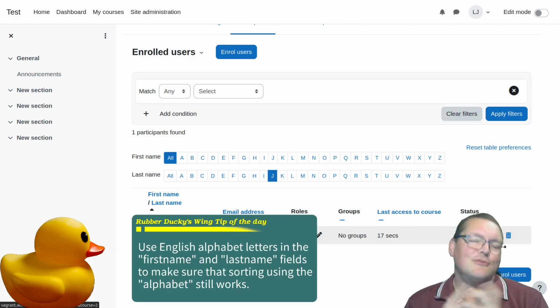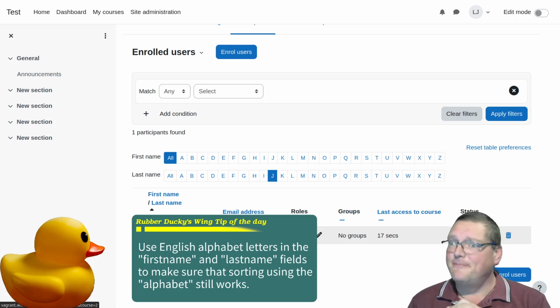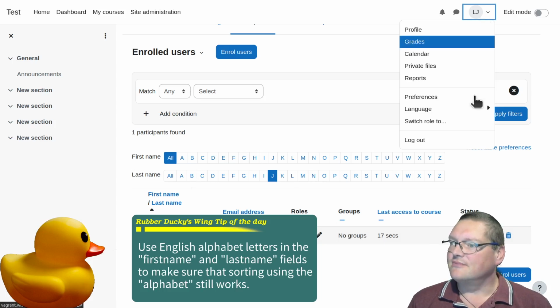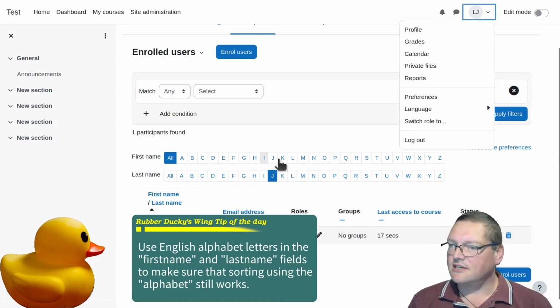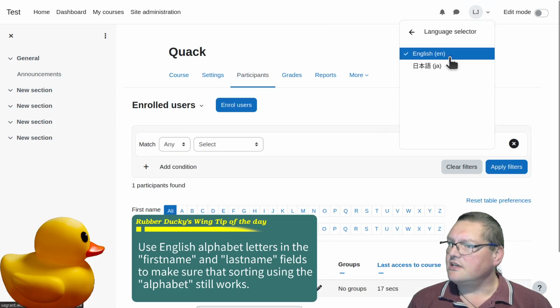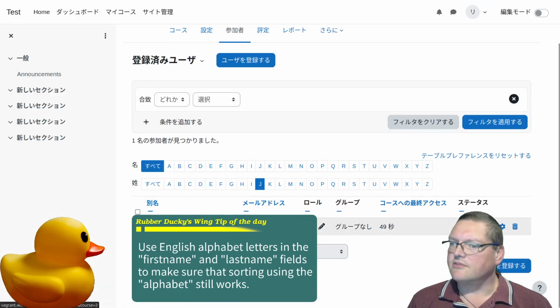Moodle, I think you can do better on this. But anyway, for now, this is how these work. You need to have them in the first name, last name like that. It would be nice to see actually hiragana or katakana, based on which language you're in, instead of the Anglo-centric having this in. But what I can still do is change the language over, even on this page, and you can see that my full name is displaying as Leeroy Jenkins,